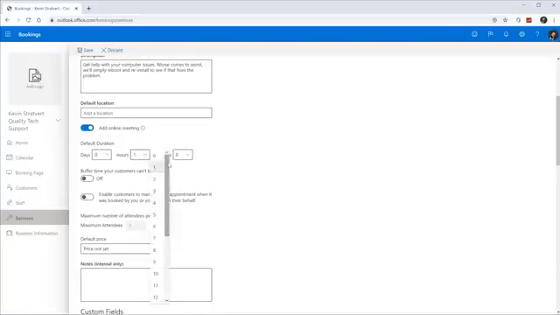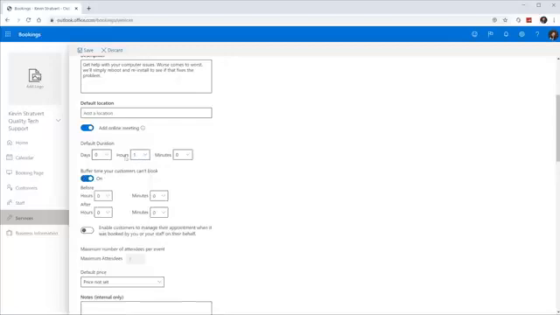You have all different options. You could set a certain number of days, hours, and minutes. Now I don't think I want to offer tech consulting that goes over a day, so I'm going to leave it at 0 there. But maybe I'm going to set it to at least an hour, so that's the minimum